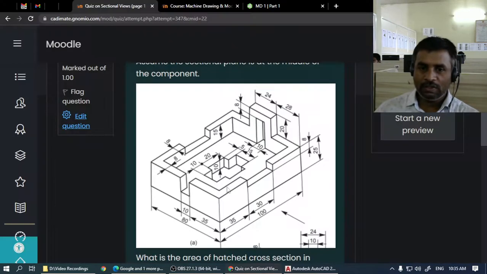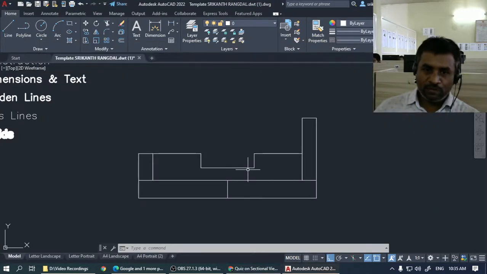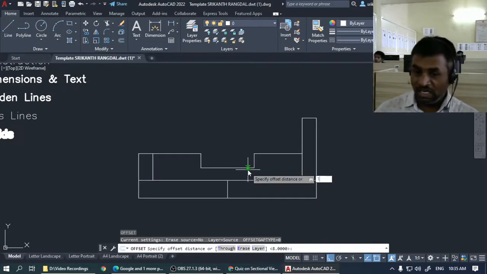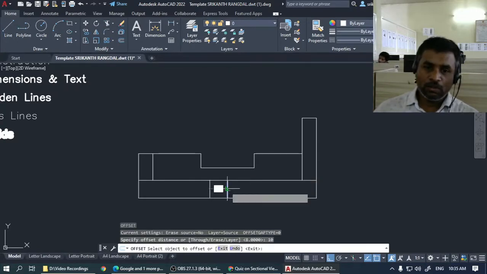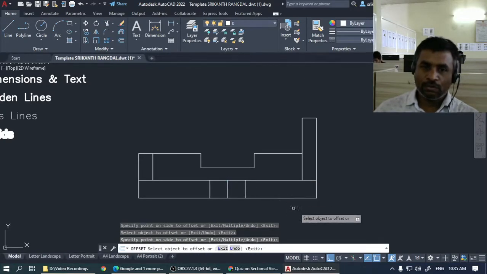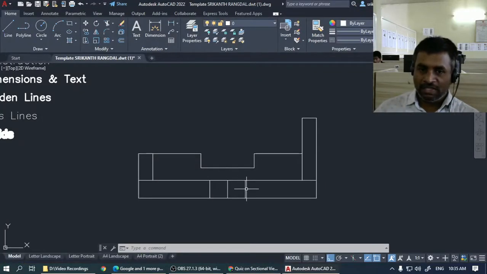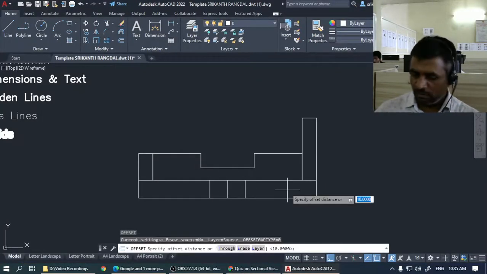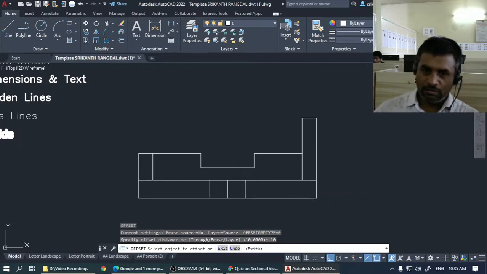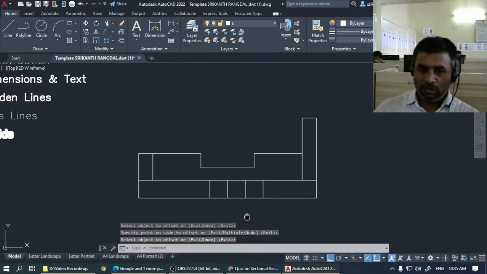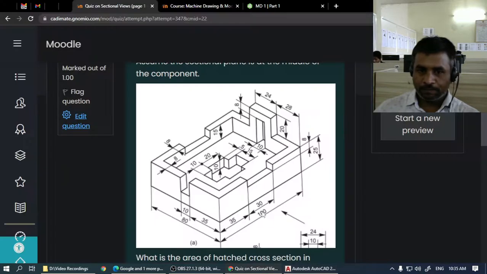Now from the midpoint, we will take equal distances on both sides to create this. So the total distance here is 20. That means we have to take offset of half the distance, 10. Then from here it is 10, and on the other side it is not given, so we just have to assume it is symmetric as well. So take 10 on this side. So offset, enter 10, into this side. So this will create